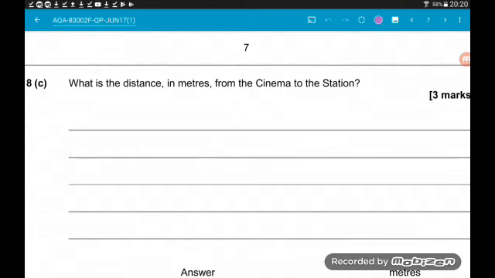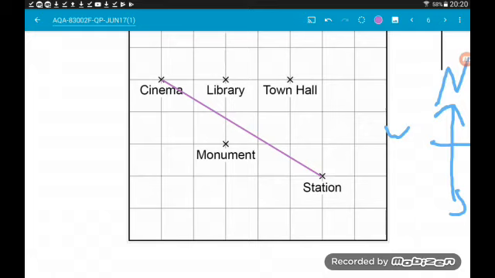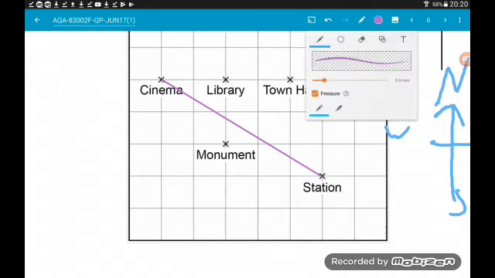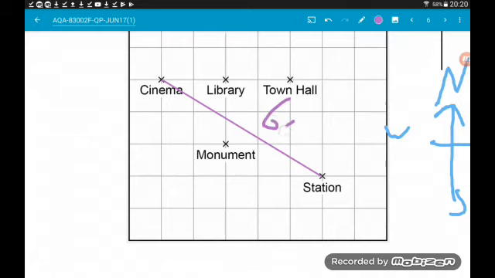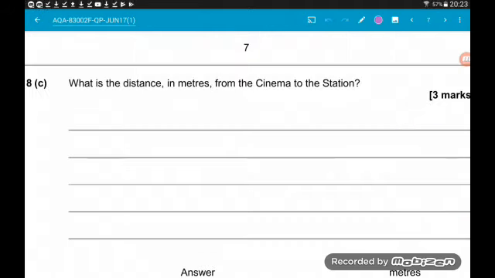station. So back to the map, we want to measure this line in centimetres, so you should get about 6 centimetres. So the scale tells us every 1 centimetre represents 200 metres, so we want to do 6 times 200, and that's going to give us 1200